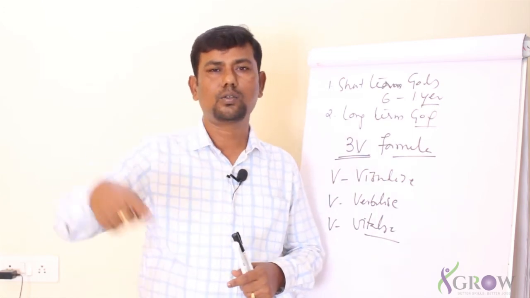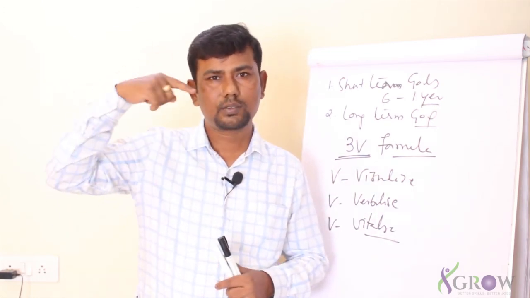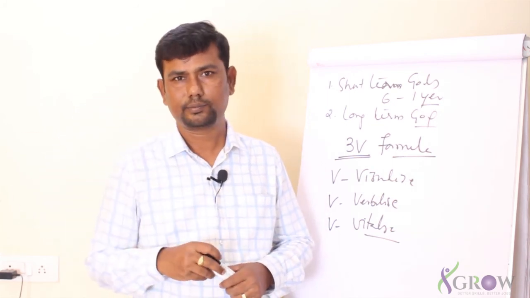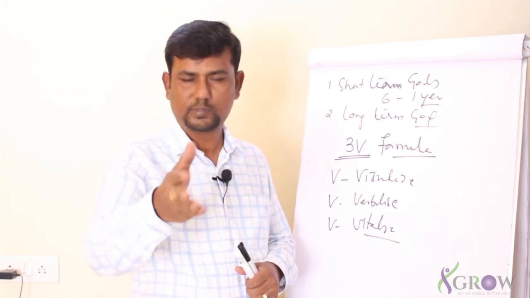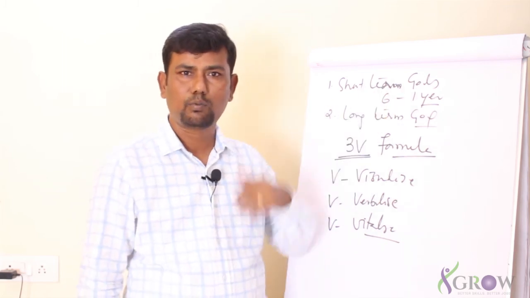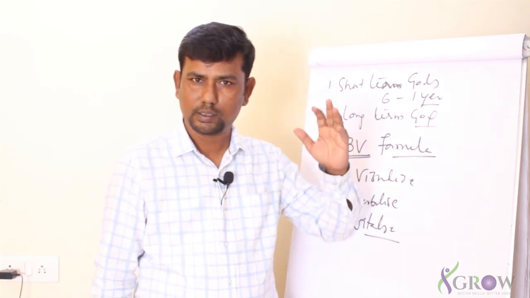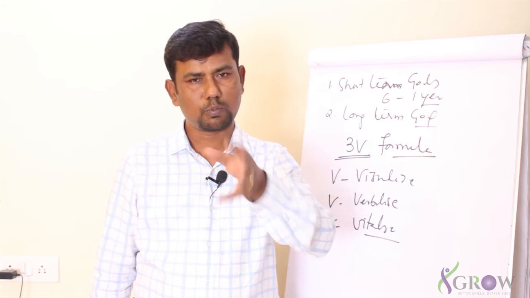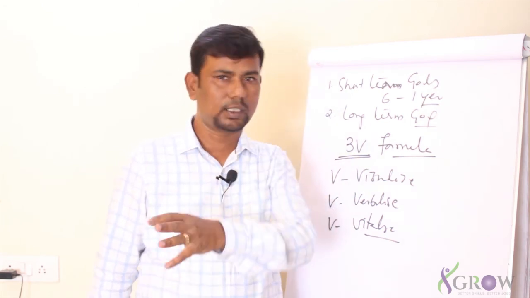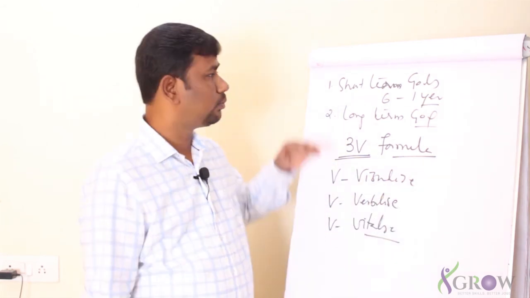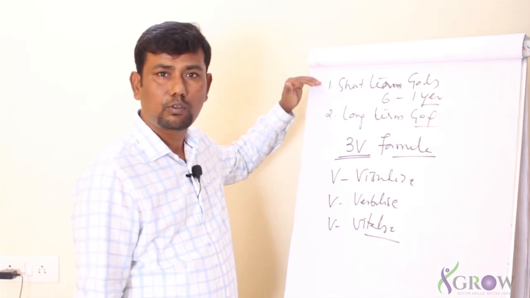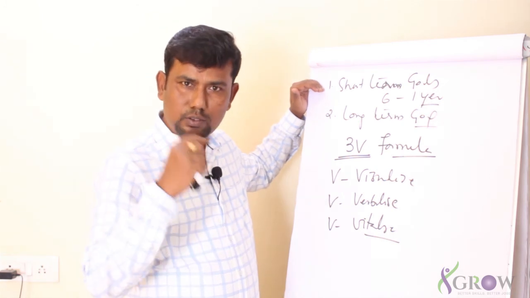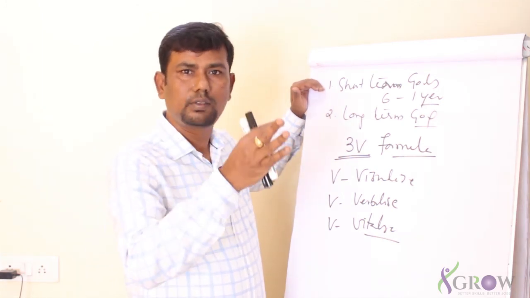So when you're constantly doing all these 3 V's, which means you are programming your mind, then things fall in place automatically. Right? So that's it, guys. Let me recap what we have learned. We have learned that there is something called a goal and there is something called a dream. When in the SMART framework you put your dream, then it becomes a goal. And then a goal can be broken into two things, short-term goals and long-term goals. And every short-term goal is called one milestone, and we need to focus on achieving milestones.